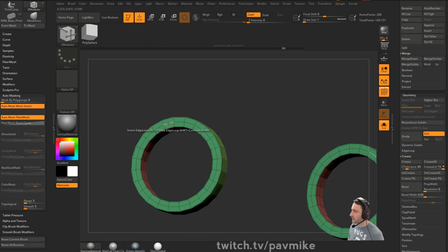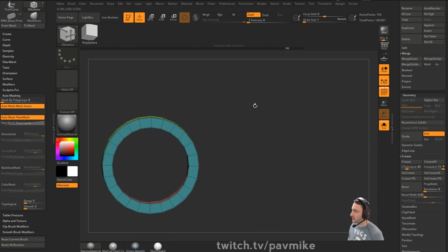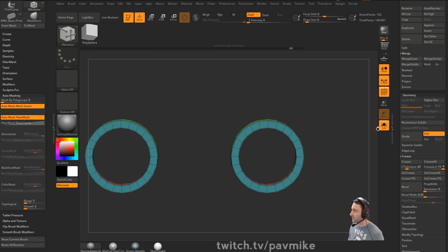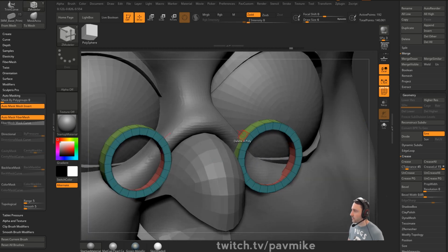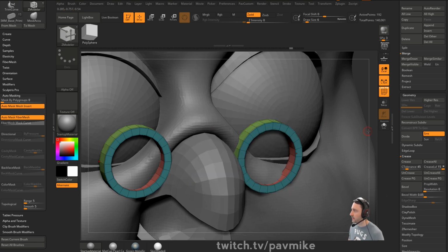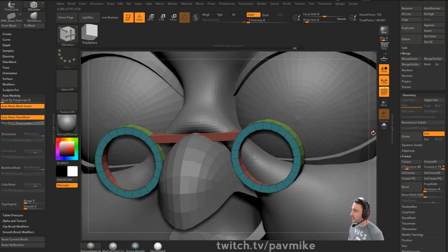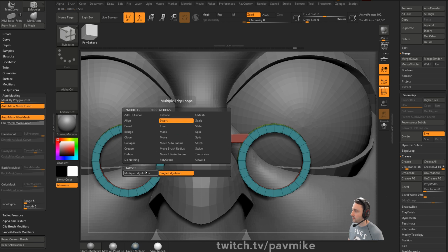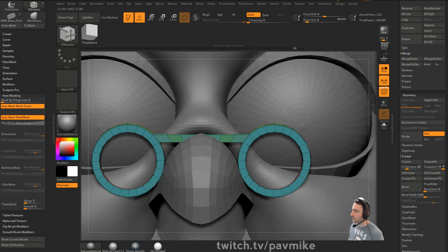And that'll just give me a subdivided cylinder, and now these widths are a lot more similar. So now I can go through here. You can also do bridge 2 polys, so you can go here to here. It's going to be a straight line, but then again, you can go through here and you can slice this up, or say insert multiple edge loops, and you can go through here and just start adding those, and then